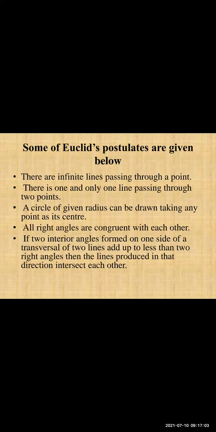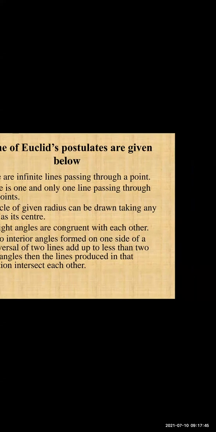the addition of interior angles on one side of the transversal is supplementary, meaning it is 180. But if the addition of those two interior angles is less than 180, then if we produce the lines to infinity, at some point the two lines intersect each other. I showed you that while writing the revision also. So if we produce those two lines, they will intersect at some point. That is the property shown by our scientist, Euclid.